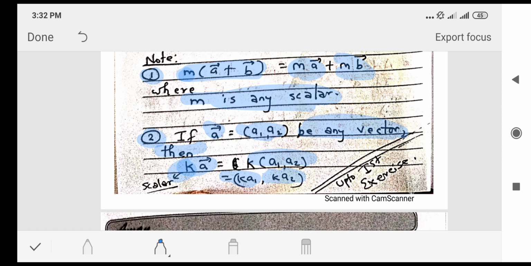So my dear friends, if you have made complete notes up to here, then you can easily solve every question of our first exercise of basic mathematics. I hope you have made very clear notes up to here. After this, we are going to enter our first exercise, that is 7.1.